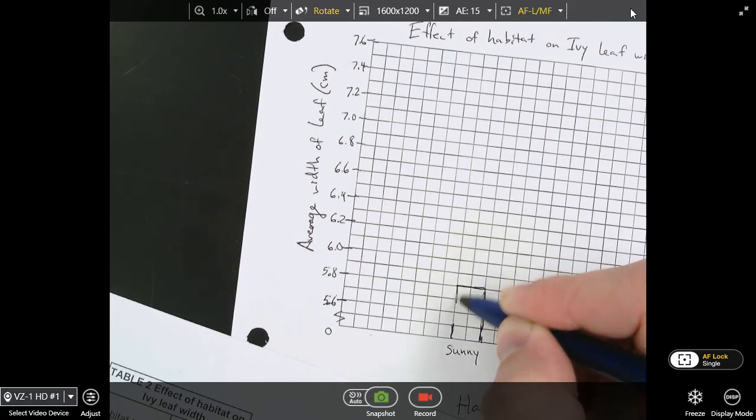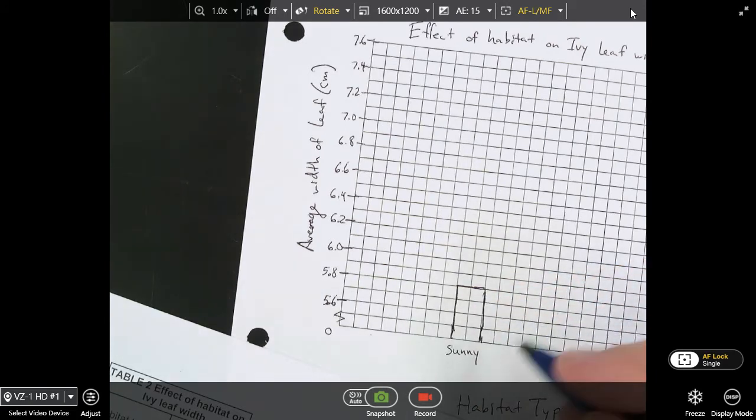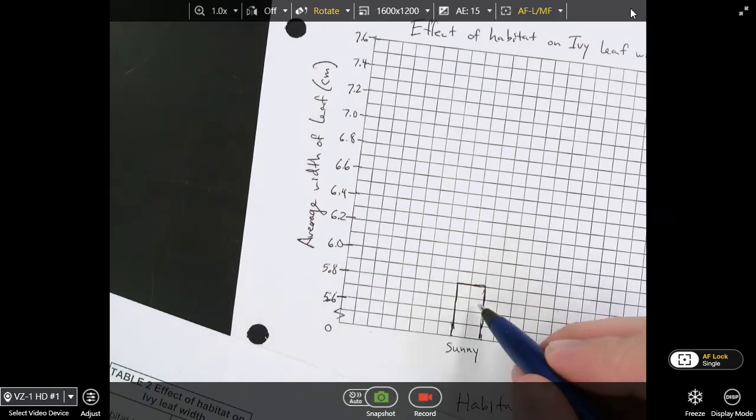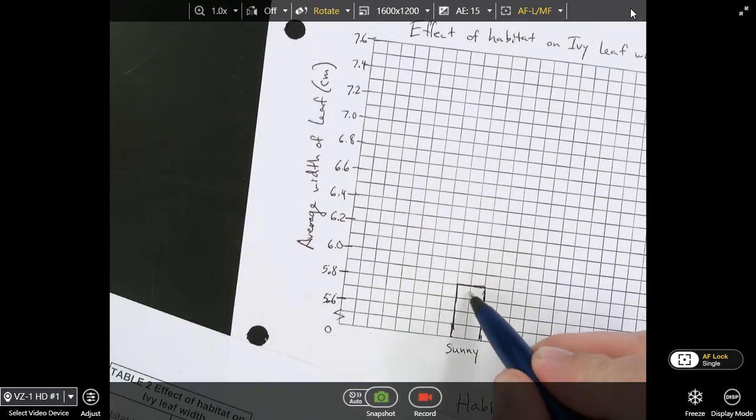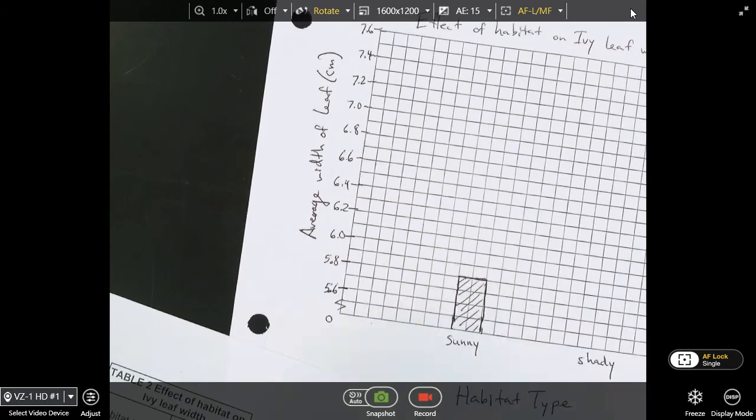On the line graph thing, I showed you guys how to make a straight edge to make it nice and straight. That would probably be a better idea. But now I have my bar, and I don't need to take 10 minutes shading this in. It's fine like this, but if you want to put lines on it, make it stand out from the background a little bit, that would be fine. So there's Sunny